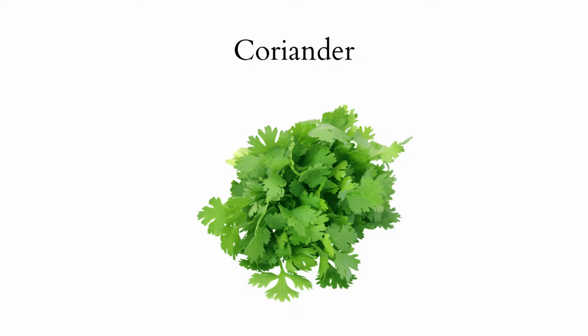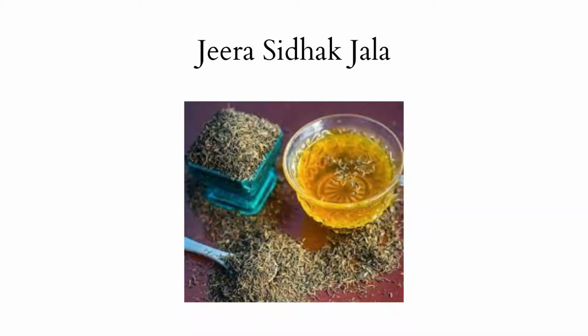Ayurveda can protect the body from the harmful effects of thyroid imbalance by including certain things in the diet. I already mentioned Jalkumbi and the drumstick, which is moringa, to increase iodine and selenium levels. Then another thing is dhania, which is coriander, you can consume it. And Jeera Siddha, which is nothing but you soak the cumin seeds overnight and then drink the water, chew the seeds, or you can throw the seeds and just drink the water.